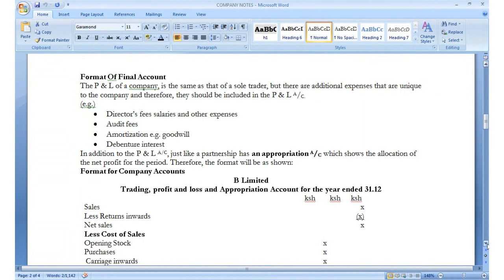Then you have audit fees. I don't know whether all the DAF students are doing auditing this semester. In auditing, we have a person we refer to as an auditor. An auditor is a person, in summary, who checks whether the books of account have been prepared according to the standards. Remember,